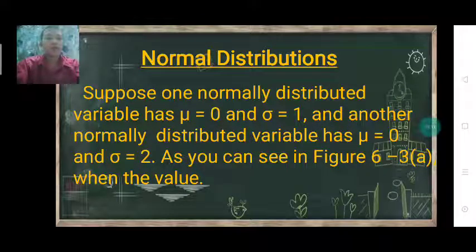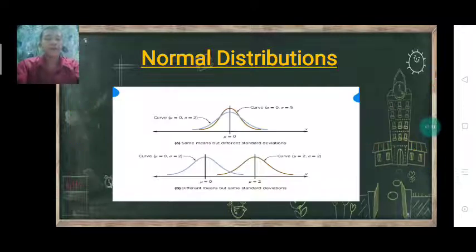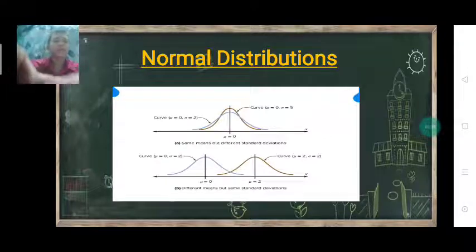Suppose one normally distributed variable has mean equals 0 and sigma equals 1, and another normally distributed variable has mean equals 0 and sigma equals 2. As you can see in Figure 6-3a,